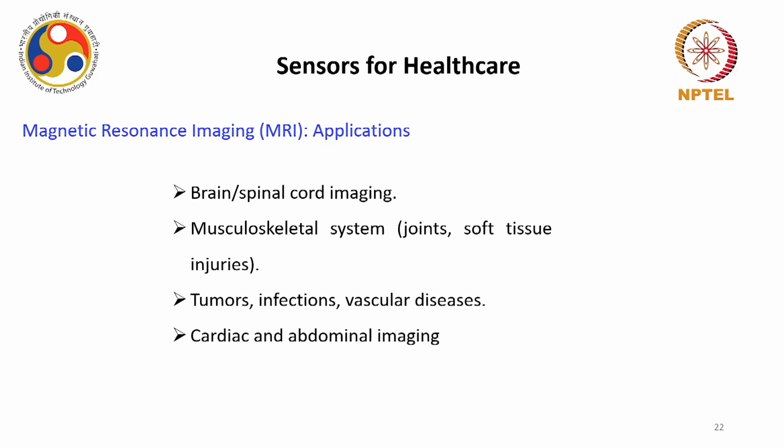Okay, so the applications of this MRI are tremendous. So they can be used for brain or spinal cord imaging. Very rare, I mean it's not possible by other imaging without using hazardous ions. Okay, so here you are not using any kind of hazardous material. Of course, sometimes you have to introduce some gadolinium and other things, but we are not discussing that right now. Okay, then it can also help in analyzing joint and soft tissue injuries in the body. Okay, they are very helpful in identifying tumors, infection, and vascular diseases, and they are also suitable for cardiac